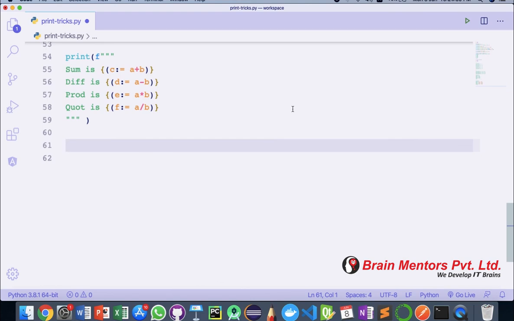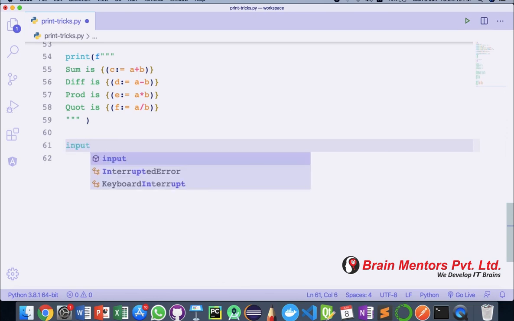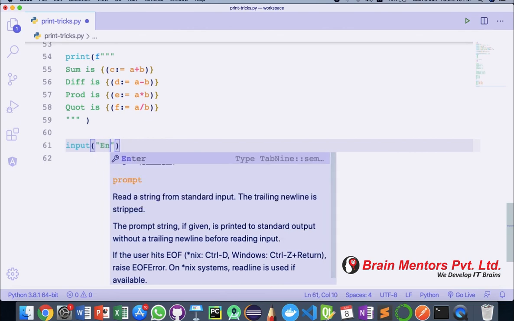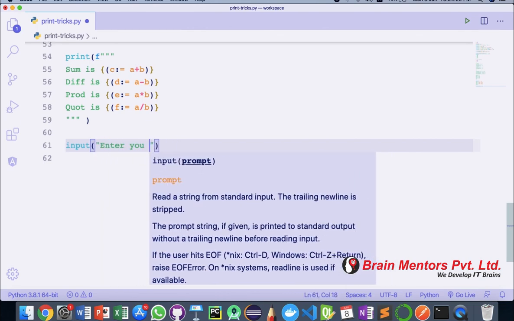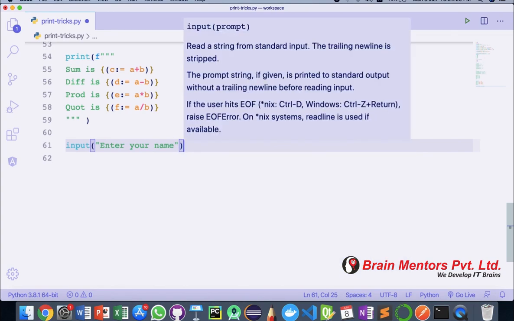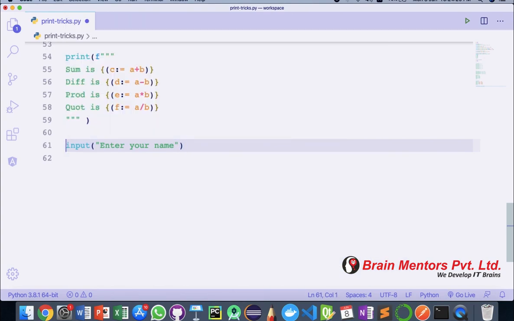So if we want to take, let's say 2 numbers from user. Okay, you just want some user to enter 2 numbers, or let's say you just want user to enter his or her name. So what you are going to say? You are just going to say something like this. First we are going to say input, enter your name, right? And then you are going to do what? You are just going to use this input thing that is going to come in here. You are going to use that particular name to store in some variable. So you can just use walrus operator again. So let's say name colon equal to.